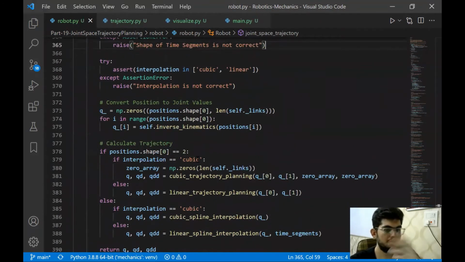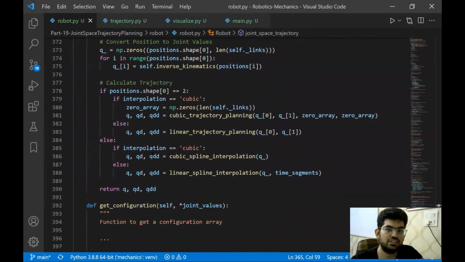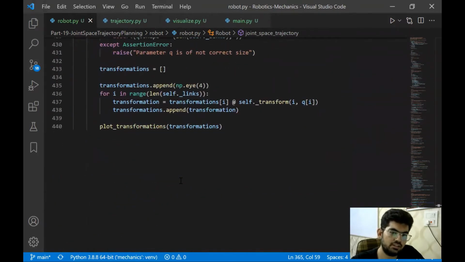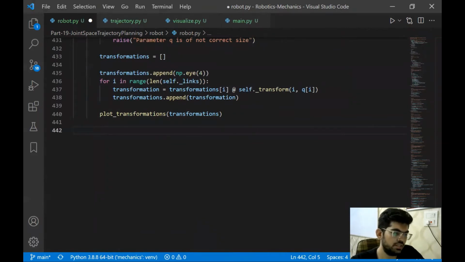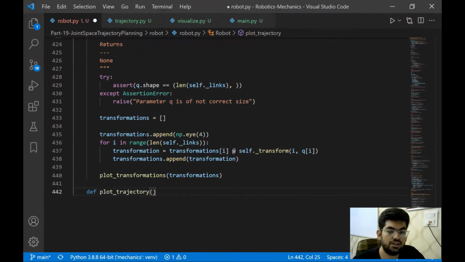All right, now we would be able to generate a trajectory, but that would be all mathematical and variable values as such. Now, in order to introduce some more visual representation of all this, we are going to add a new function to our robot class. We are going to add that towards the end, and that we should be naming as plot_trajectory, because this is going to be a function that plots a trajectory for a given robot. Right. Now this would require the points that we had developed, self, q. Now let's add some documentation over here.